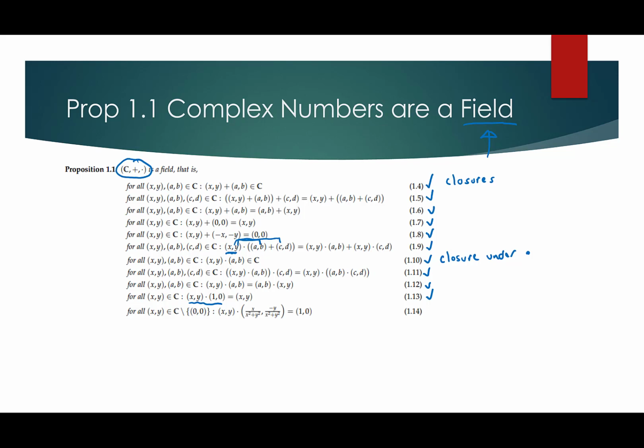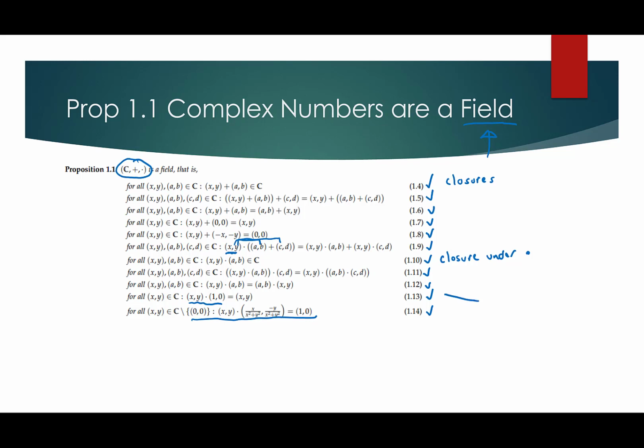And then lastly, for all complex numbers that aren't 0, if you take x, y and multiply it with x over x squared plus y squared, minus y over x squared plus y squared, you get 1, 0. Now this might seem strange, but this is almost like a normalizing thing that we have seen back in Calc 3. So this isn't something completely new, although it looks kind of bonkers. But in any case, these are the properties of the complex numbers. Again, it's a number system that has all the properties that we love. Now I do want to note you should be able to prove all of these.